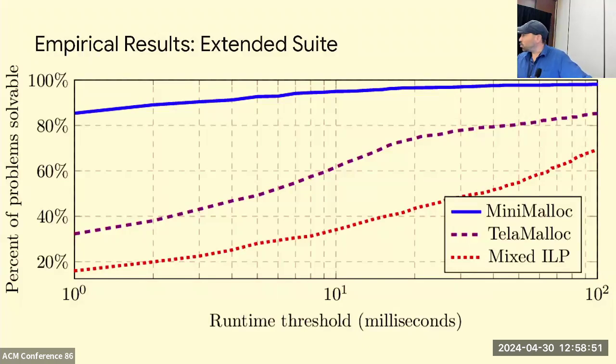And so if you look at just the 1 millisecond, that's the leftmost part of this plot. You go from 15% of problems solved with mixed LP to something like 35, I think, with telemalloc, to like 85% with mini-malloc. And so it's a pretty substantial improvement if you look at actually any